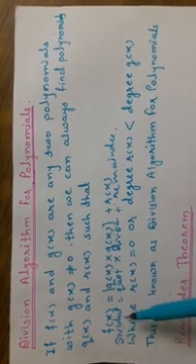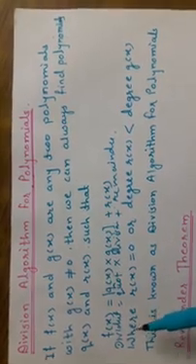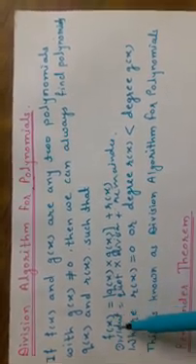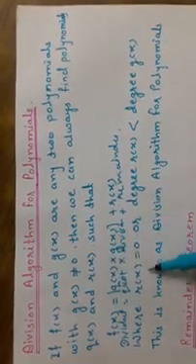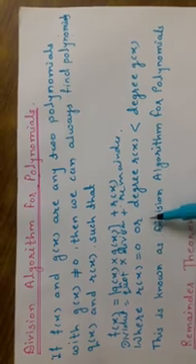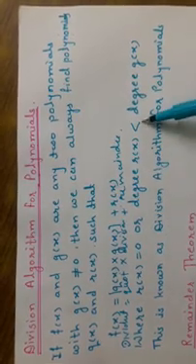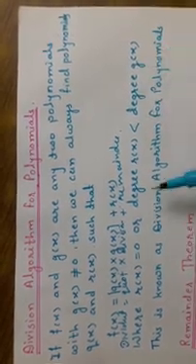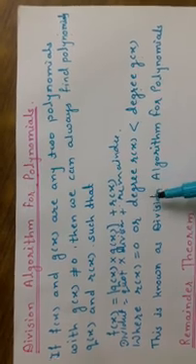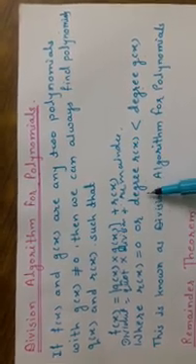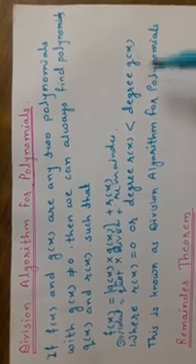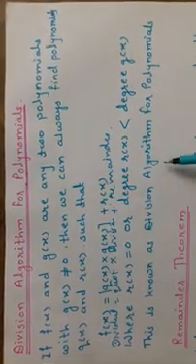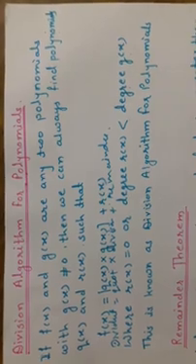Now we are in the standard 9th, we are learning about the polynomial. Where r of x, the remainder, is always equal to 0 or the degree of r of x is less than the degree of g of x. It means we do the division until the degree of the remainder is less than the degree of g of x. This is known as the division algorithm for the polynomial.